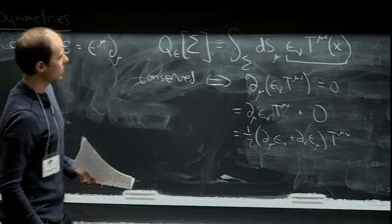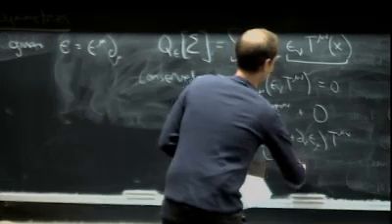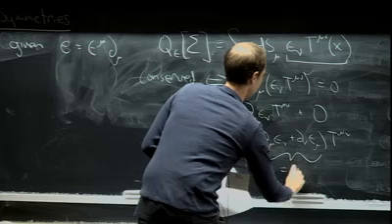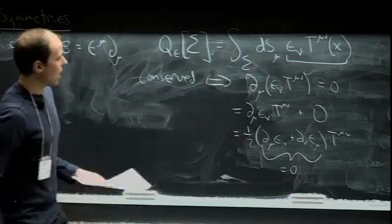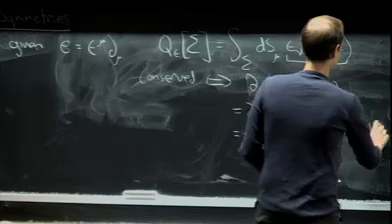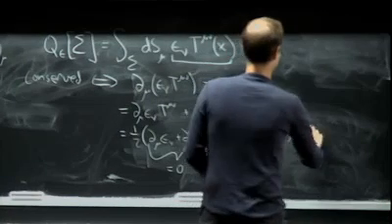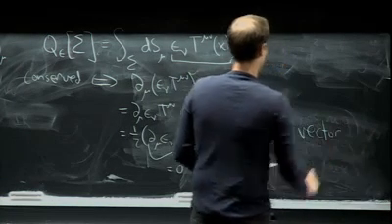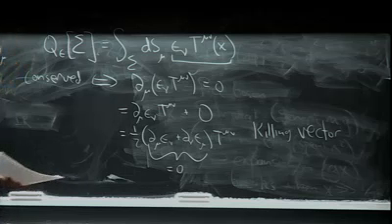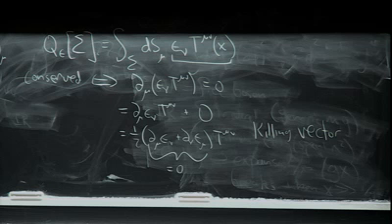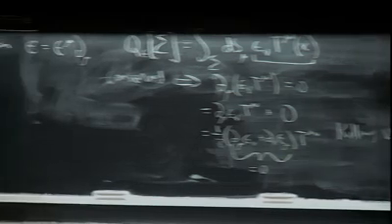Okay, so the condition for conservation should be that this is equal to 0. And this says that epsilon is a Killing vector, or an isometry. Okay, so we already talked about one of the solutions, which is just epsilon is just that,